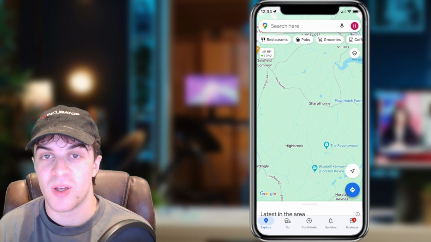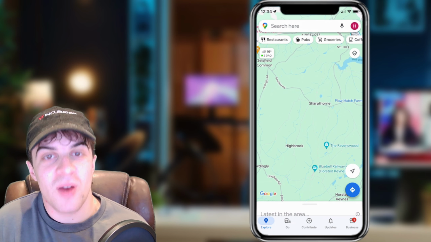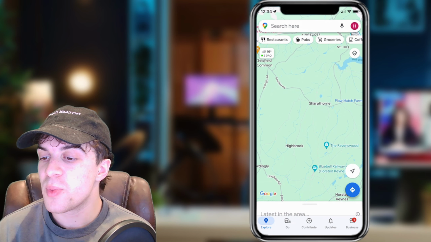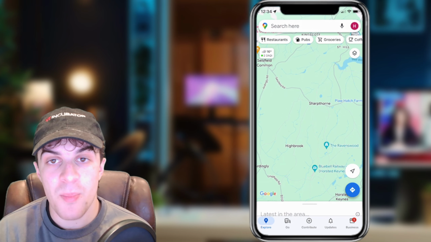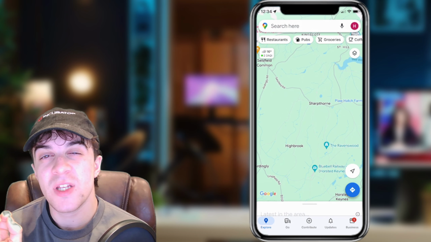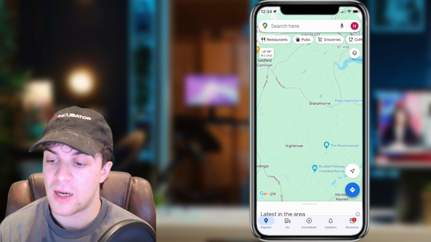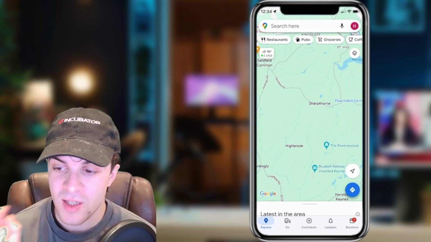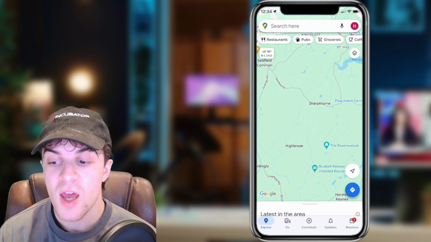So let's get right into it. Now, of course, the first thing we need to go ahead and do is open up our Google Maps app on our phone. So you can see I've opened it up here, and we also need to have signed into Google on our Google Maps. So once we've gone ahead and done that, in the top right hand corner, you should see a